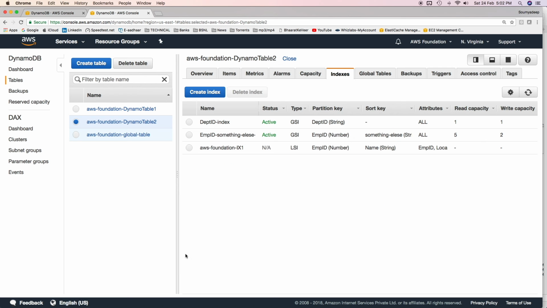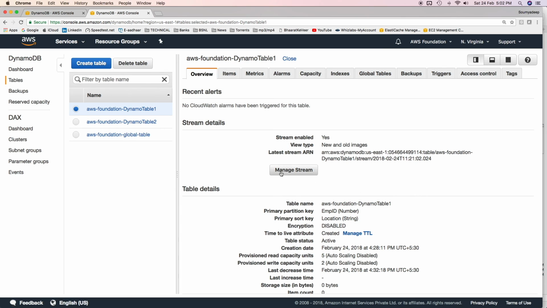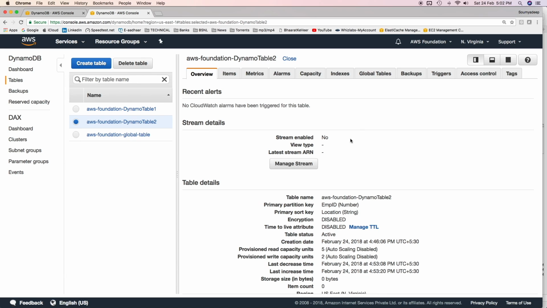The indexes have also been restored in this table. Streaming was not enabled in this table when the backup was taken, so streaming has not been restored. Rest all have been restored: GSI, LSI, RCU, WCU, except for streaming because it was not enabled at the time backup was taken in the source table.